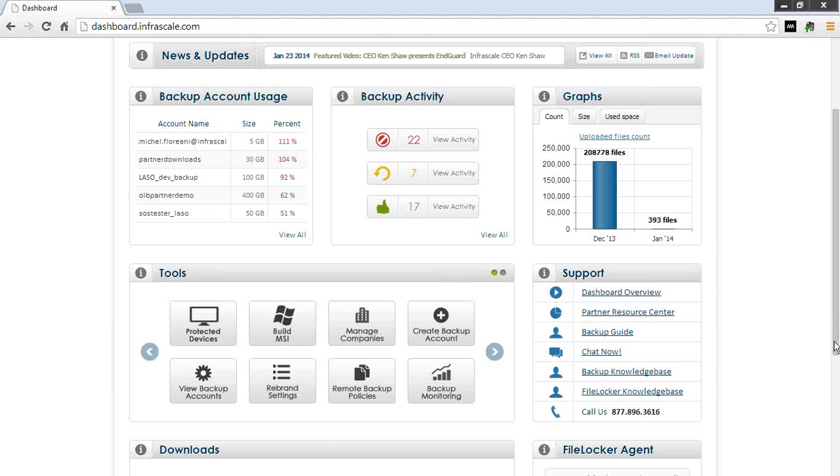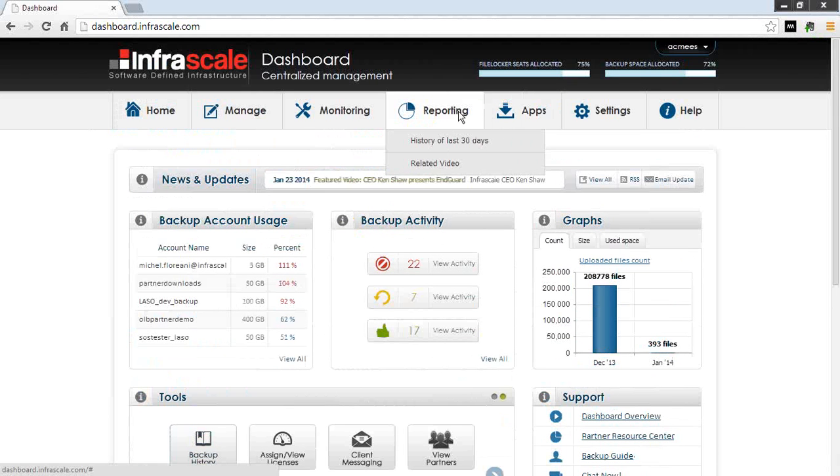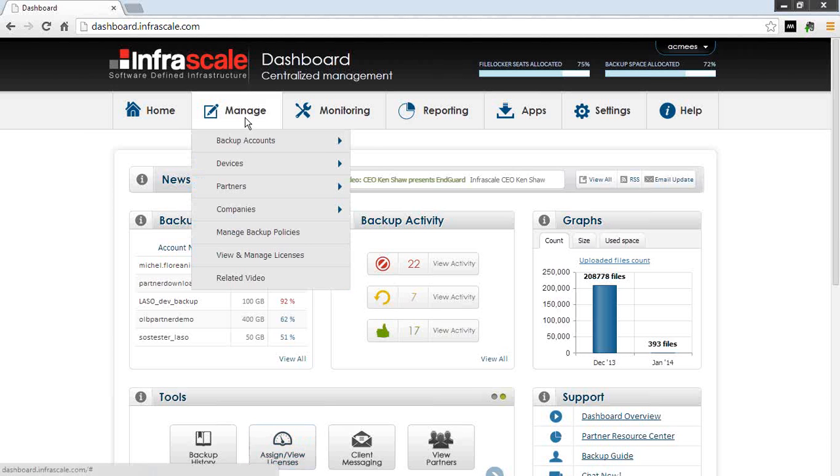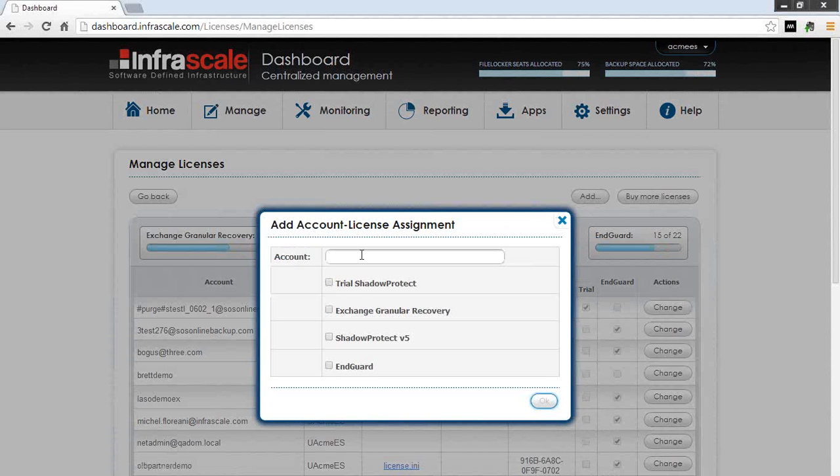Okay, and under the Tools section, you'll also find the backup history, which is the same as the reporting tab up here. And if you had a Shadow Protect license or NGuard license or EGR license, you could assign it under here. Or you could go to Manage and View and Manage licenses. On this page, you can assign all 3 types of licenses. And you can click on the Add button here, type in the account name, and choose the license that you'd